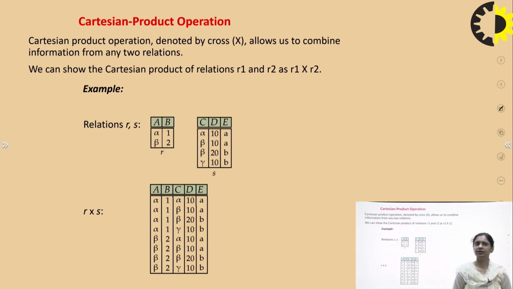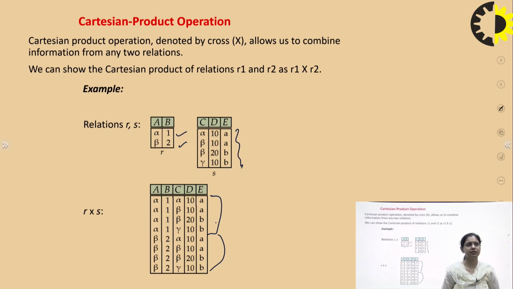If we talk about the set relation, the set difference was that which is there in the first relation but not in the other. But Cartesian product talks about finding the combination of both relations, of all the relations. Suppose we have R and S. So, if we take this one, this alpha 1 would be connected with all the 4. So, we have alpha 1 connected with all the 4 as alpha 1, alpha 10A, beta 10A, beta 20B, gamma 10B. Similarly, this tuple will be related with all the tuples of the relation S